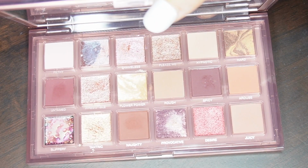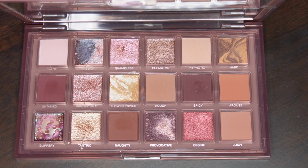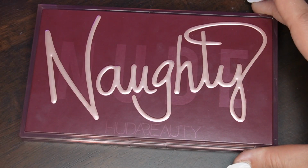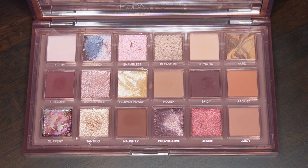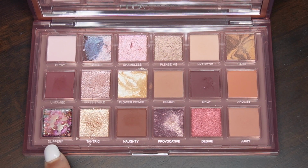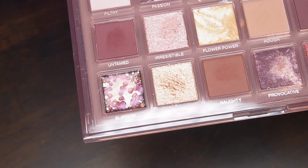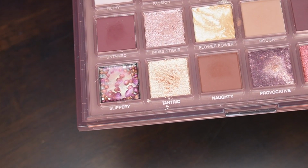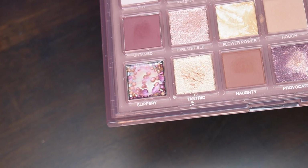Another Huda Beauty moment. This is the Naughty palette. The cover, really, really cute. The colors are cute. Again, we have that brown, pinky, rosy color story. This shade, it's not even a shade. I don't know what this is. We all, as people, as influencers, as YouTubers, whatever, we were all trying to figure out this kind of gooey